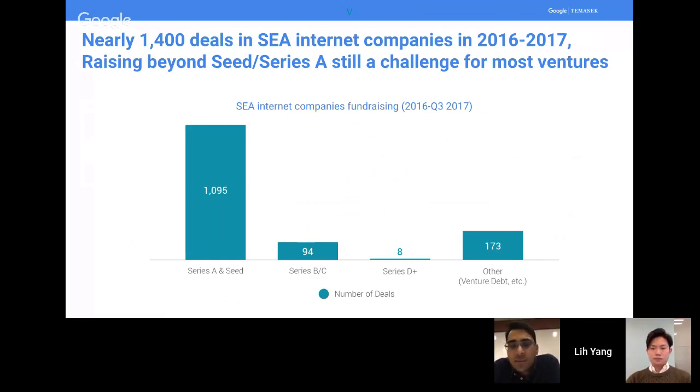But again, if you look at D, very small number, but as you can imagine, these are the companies which have proven their models, which have gone from the series A to B to C to D or more. So these are some of the big unicorns that would mostly make up the series D plus list when it comes to receiving funding. So a lot of deals happening across different stages. Getting access to capital at the initial stages looks fairly okay, but otherwise going forward, it seems tough. So that's the overview of funding. So if we go to the next slide,